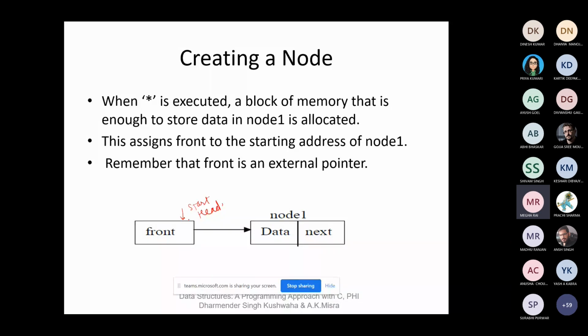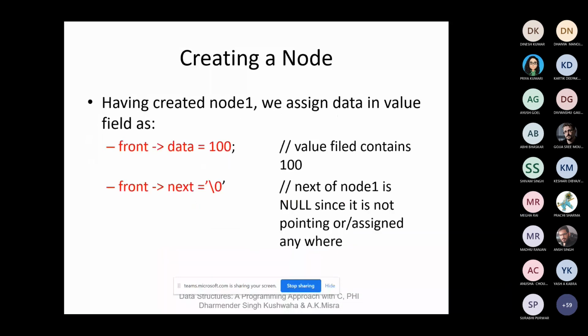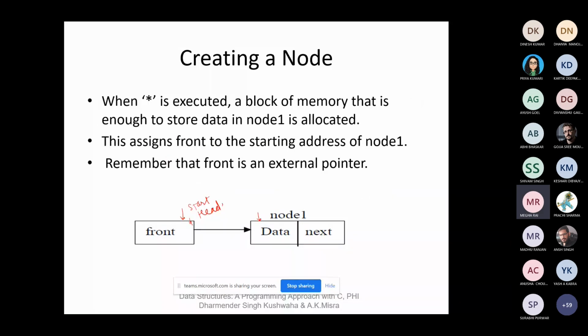This contains the address of this node. So you can see you require some extra space to store the pointers.